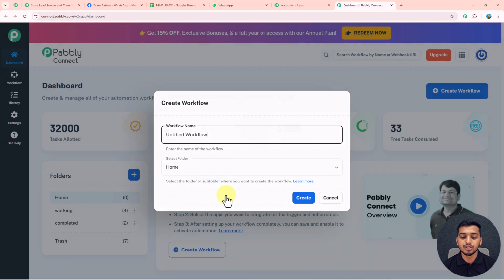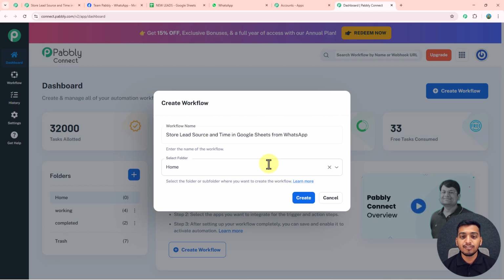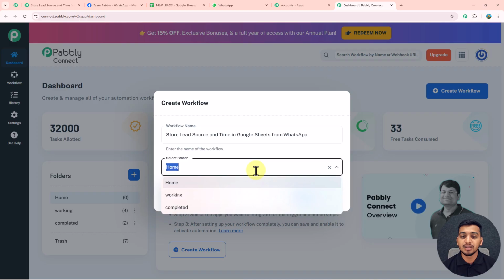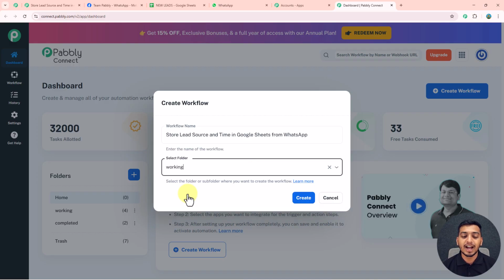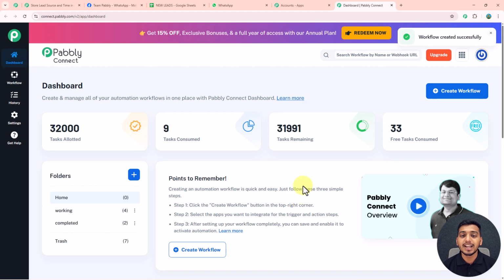So I will select this new version, and after that inside this dialog box I will give a meaningful name to my workflow as this, store lead source and time in Google Sheets from WhatsApp. And then from this drop down here I will select the particular folder in which I want to save this particular workflow. And after selecting the folder I will click on this create button,